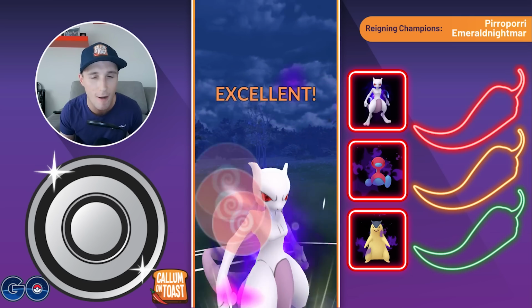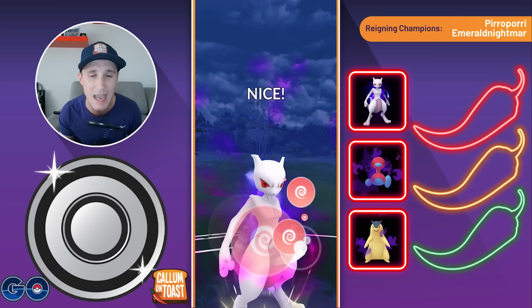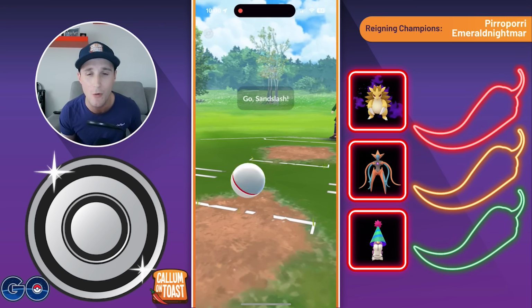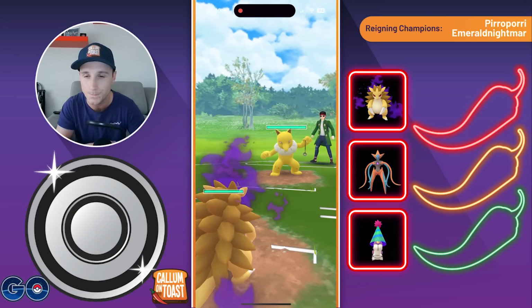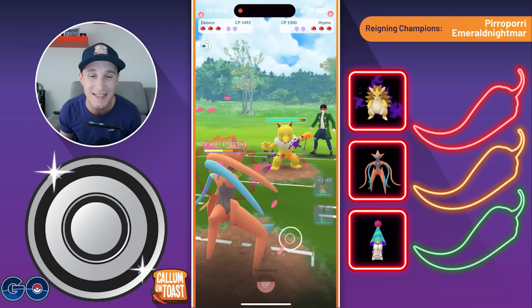Reason. You should not run Brick Break on your Vigoroth, but we one-shot the Vigoroth, and the opponent comes back in with the Gramble. We can now go for Side Strike number 2, taking out the Gramble, and we take that game. Into the next game, we've got a Shadow Sandslash in the lead, but we safe swap into Attack